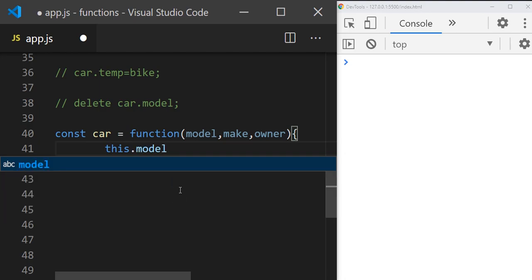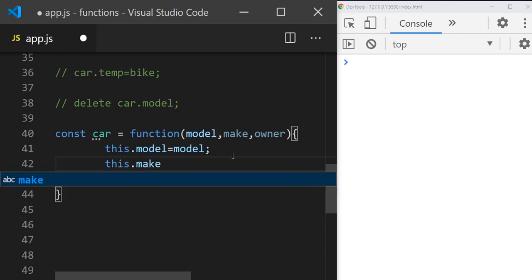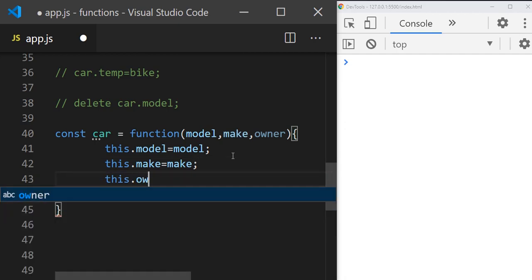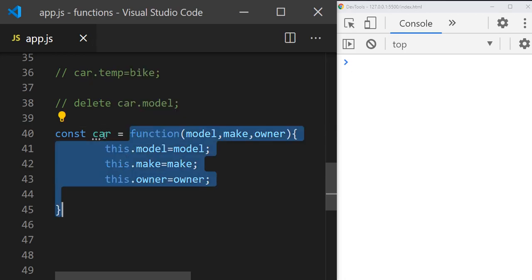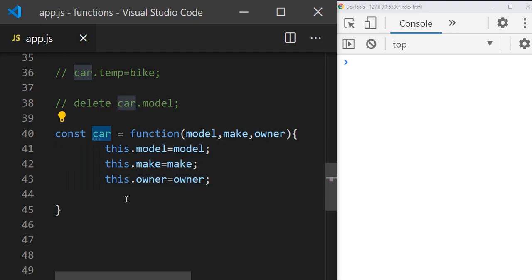Now this dot model is the property name, equal to model, which is being passed to this function, and this dot make equal to make, and this dot owner equal to owner. This is not an object. Now this is the function constructor, and we are assigning it to the car variable. So now car is a function constructor, and using it we can create objects.